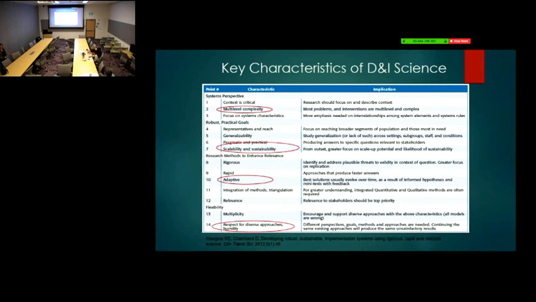With D&I, what you're trying to do is study real world. So therefore, you throw off a lot of those constraints. All right? Because do you believe if I give the Target Zero checklist to you here, and to you somewhere else, and to you somewhere else, that if you're really good at your setting, you'll know some things about your setting to tweak it a little bit to make it work best for your setting? And it could actually turn out better.